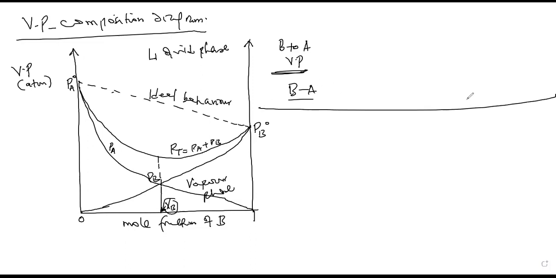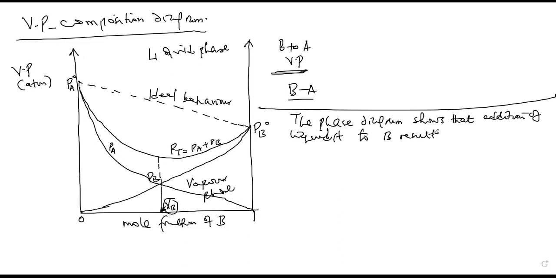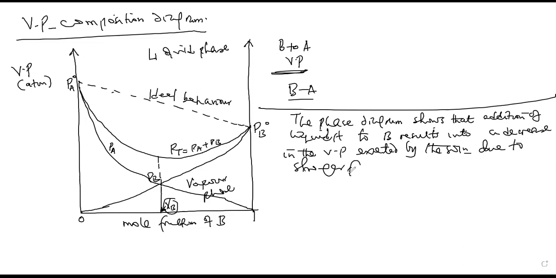Maybe I can quote something simple for you here. The first diagram shows that addition of liquid A to B results into a decrease in the vapor pressure exerted by the solution due to stronger intermolecular forces formed between the unlike molecules. Then at composition